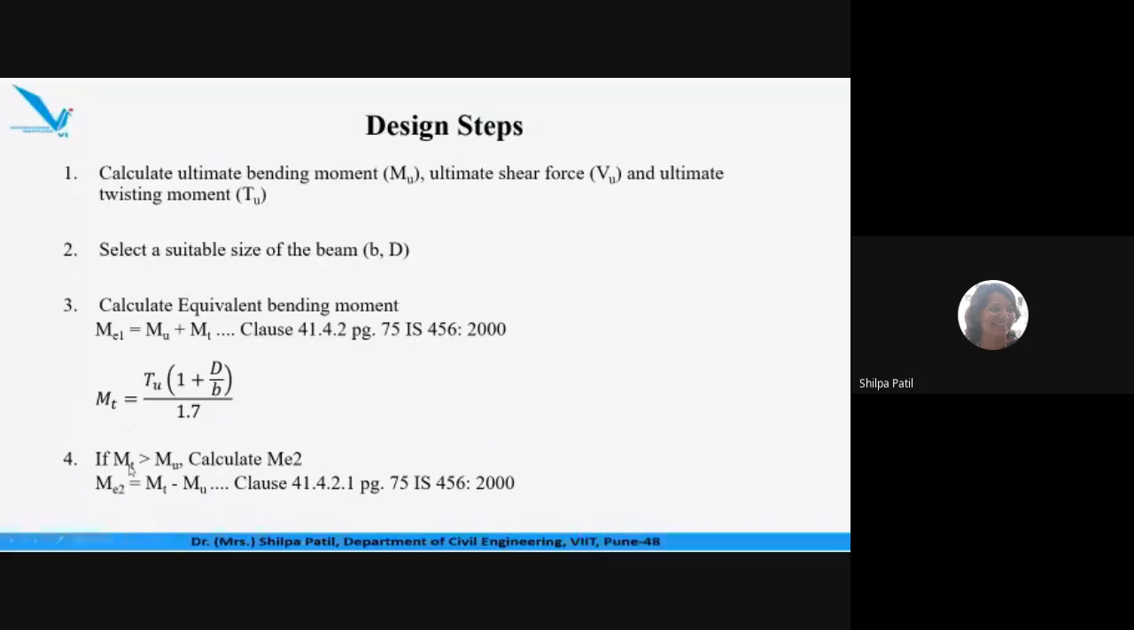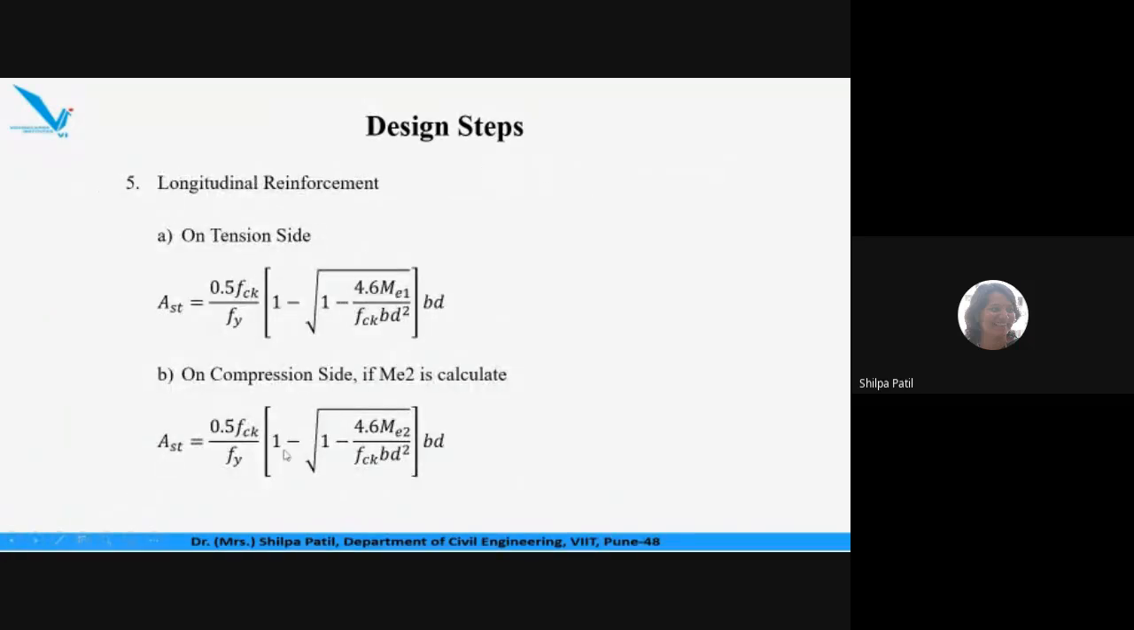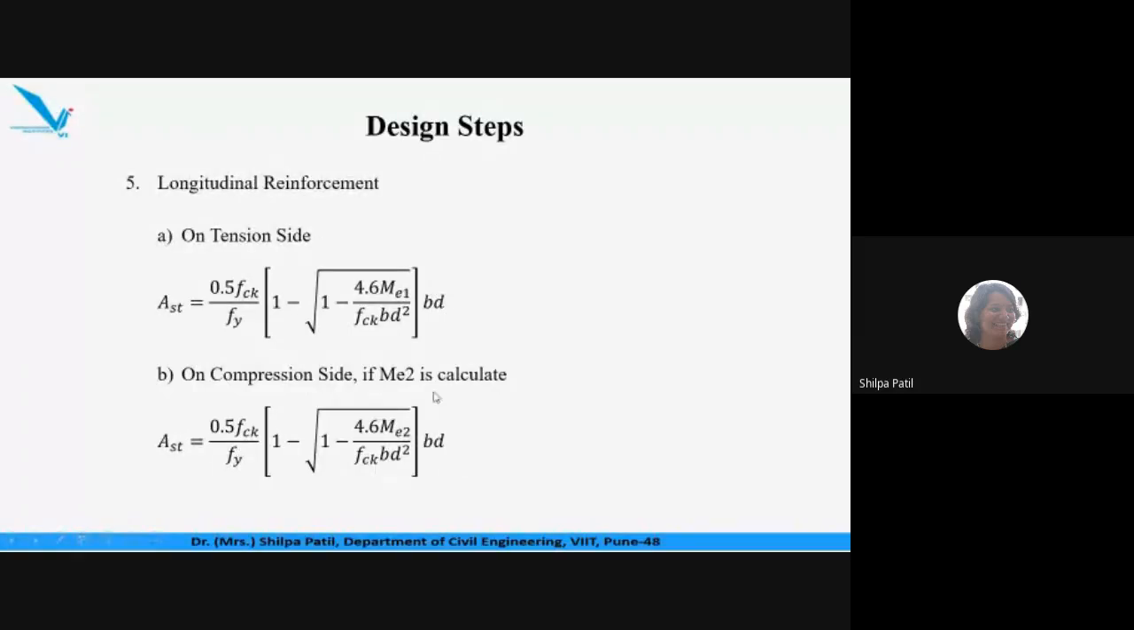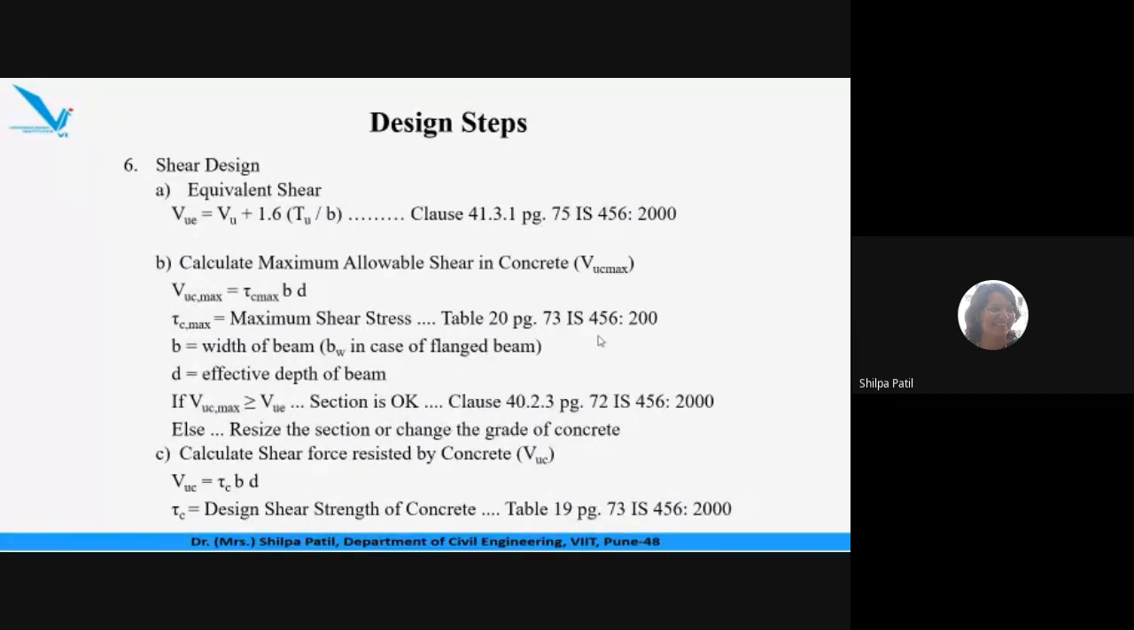Then, if this Mt value is greater than Mu, that is the bending moment, we need to calculate the additional moment, for which we provide the area of steel in the compression zone also. Obviously, if the Mt value is not greater than Mu, then we don't need to provide steel in the compression zone. We provide steel only on the tension side. So accordingly, we use the appropriate formula to find the area of steel. Whatever area of steel we calculate, we have to compare it with the minimum and maximum area of steel as per the code given